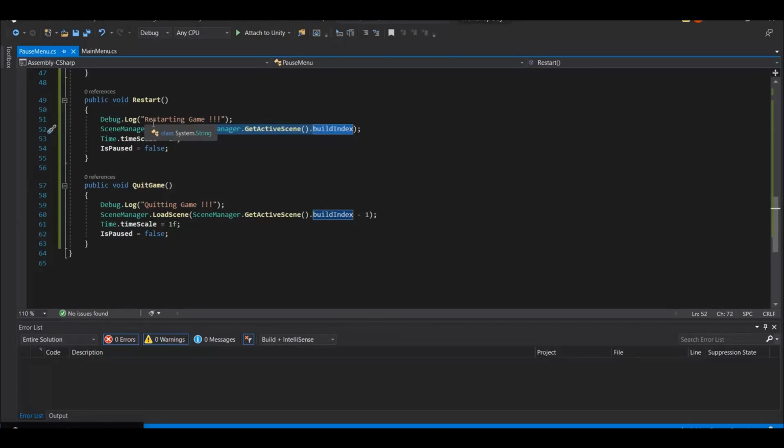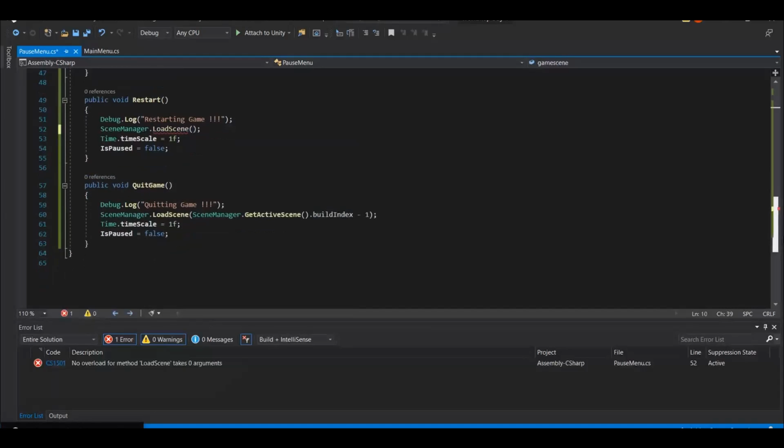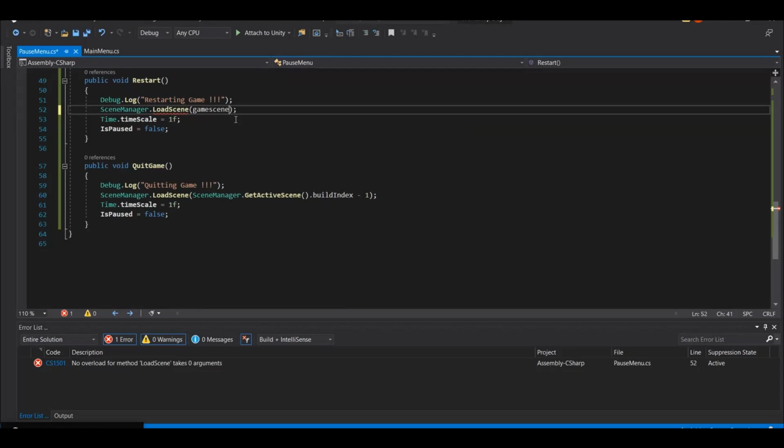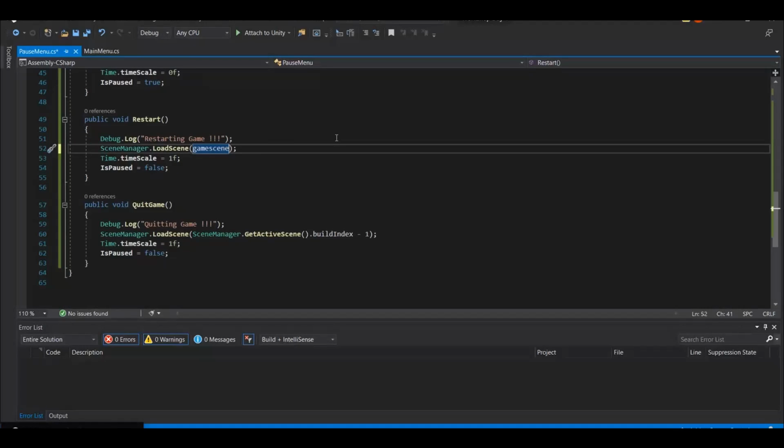Then what you can do is just remove this and take this menu scene and paste it in here. And now whichever scene you reference in the inspector, that scene would be loaded on pressing restart. For now we have only one scene, so let's keep it simple. Let's keep restarting the same, but you can do it alternatively like this: the public scene, menu scene and game scene. And menu scene works the same, just that